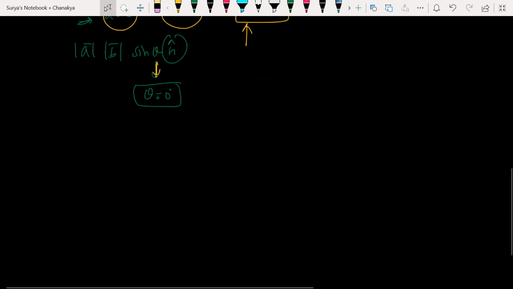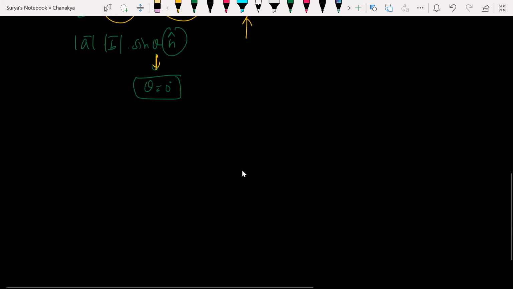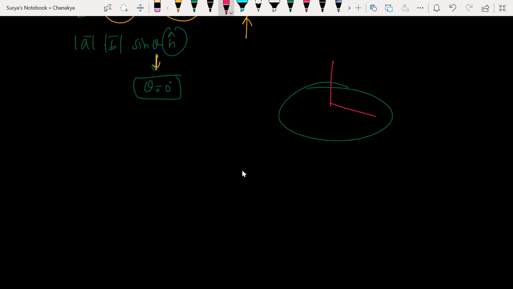Look here. देखो मेरे पास क्या है, if I have a plane something like this, and here let's say that you have a vector like this, it is moving like this. Now ये क्या होगा? If you just imagine, this will be perpendicular to this. थोड़ा imagine करेंगे तो that will be perpendicular to that. So here A is perpendicular to B. A is perpendicular to B is nothing but what? This is what happens here.